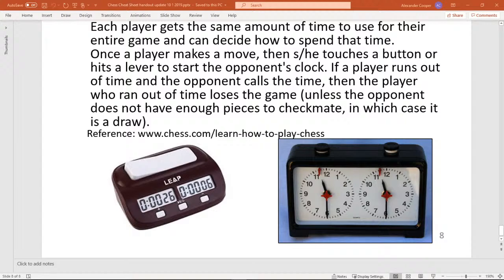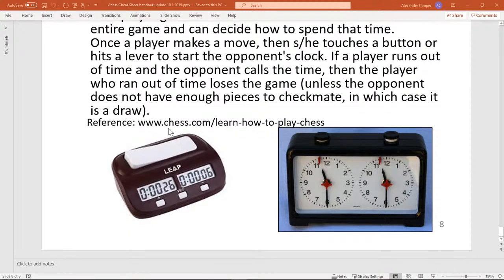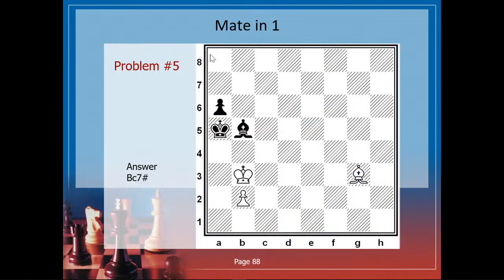So not only can the chess clocks be used to set the time for the game, but it also can make a game more intense. So if anyone says that a chess game is boring, definitely try it out with the clocks. Of course, there's apps and stuff if you're at home trying to do this that are chess clock apps as well. Okay, so as we kind of wrap up class here, I'm going to go ahead and mention